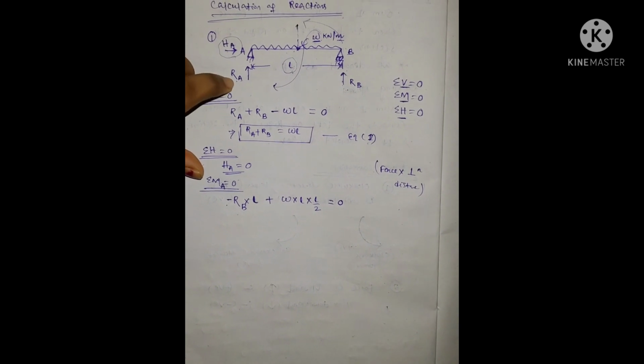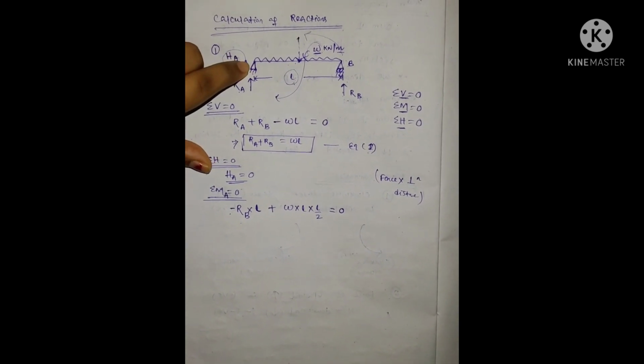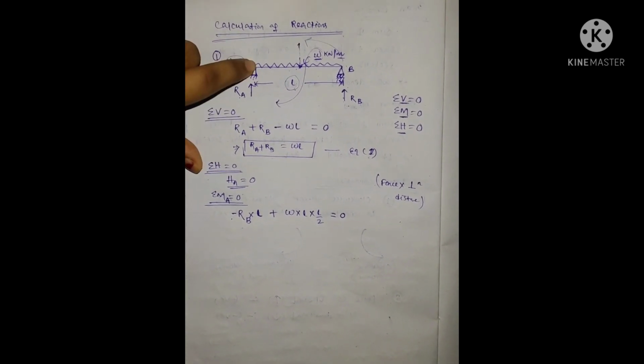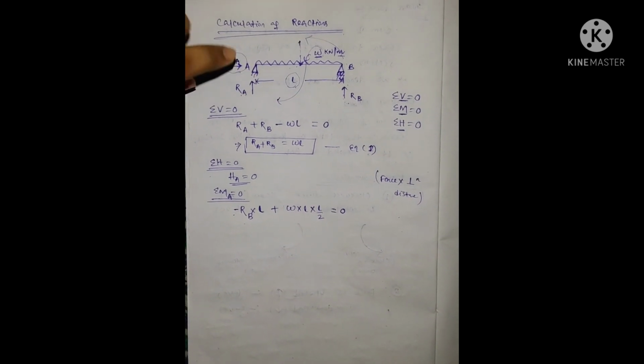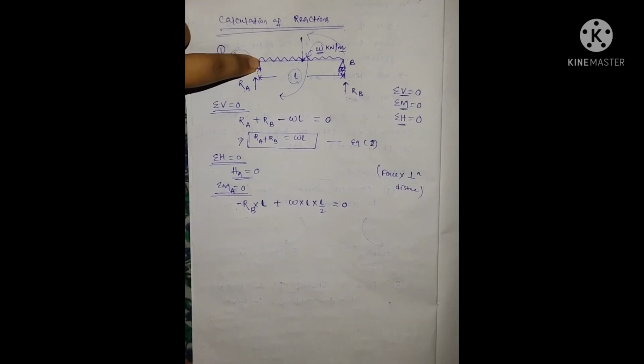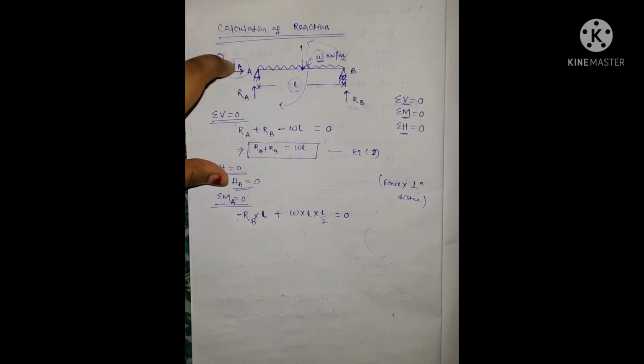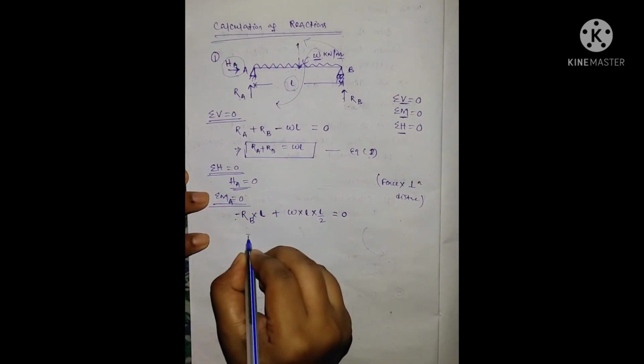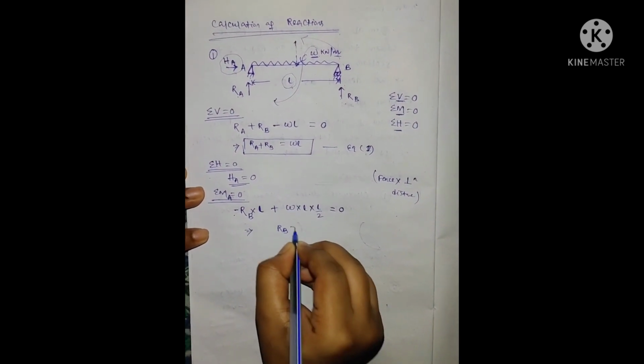and the forces RA and HA about the point A equal to 0, because when you take the moment of RA and HA, the perpendicular distance from the force to the point is equal to 0, because the force is acting at this point. So we cannot take these two forces. Okay. So now RB equal to